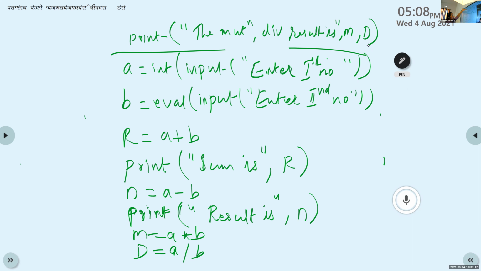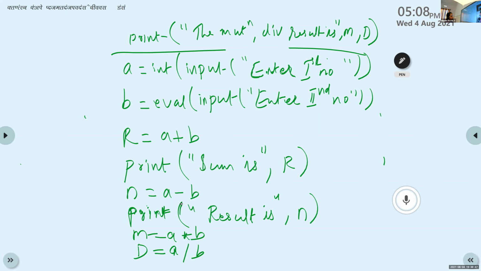You can write the expansion of all this. That is the multiplication and division result is. After that, the first one is multiplication. So the multiplication value is stored in M and the division result is stored in D. So you can give M comma D. All these four results we can store in a single print statement.